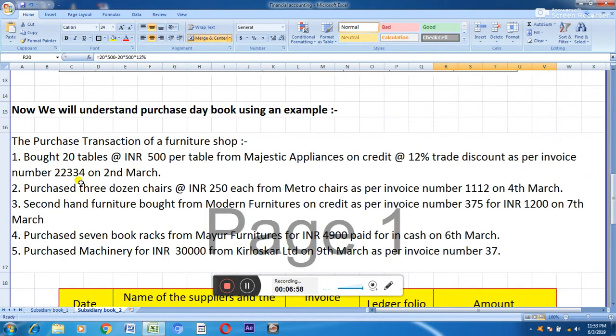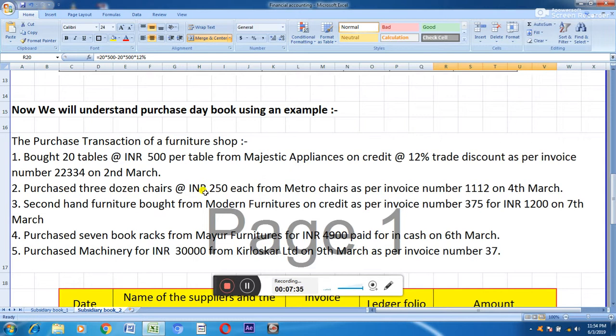Next transaction. We are purchasing 3 dozen chairs at rupees 250 each from Metro Chairs as per invoice number 1112 on 4th of March. Now here is a catch. In this particular statement, it has not been mentioned whether this purchase happened using cash or this purchase has happened on credit. So as nothing is mentioned,